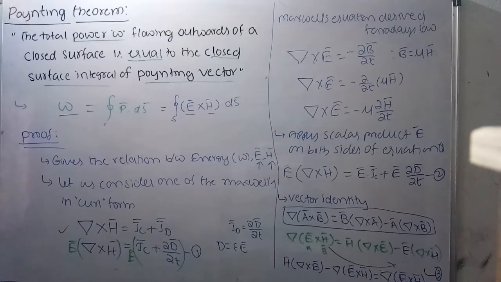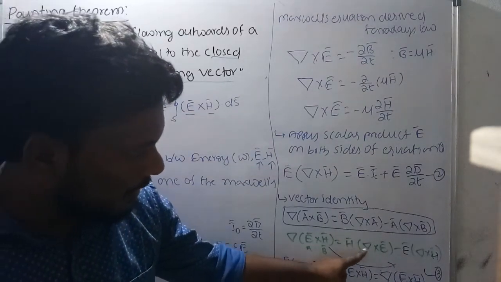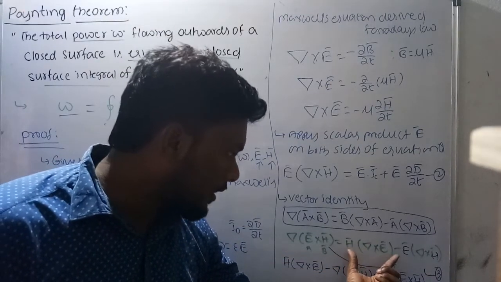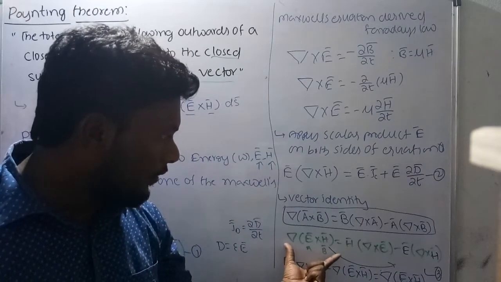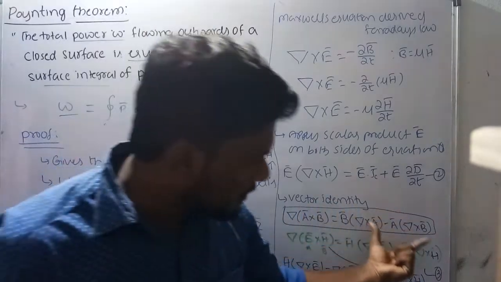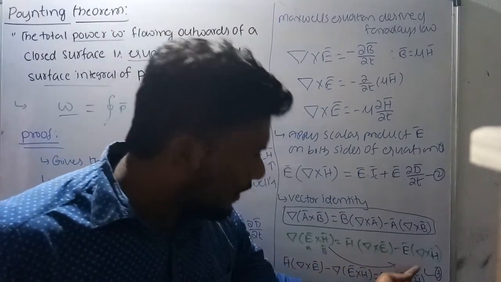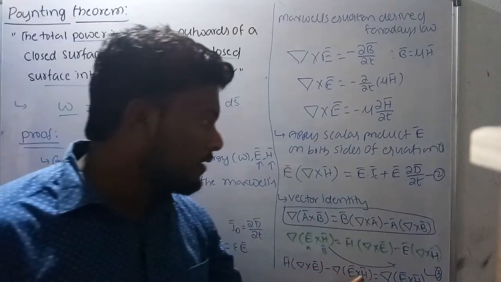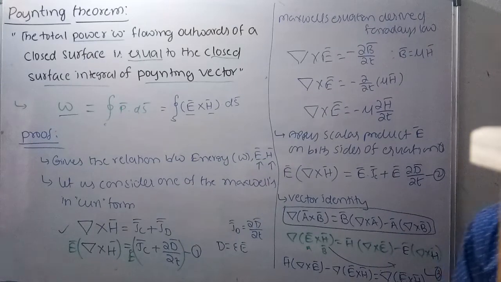See, what I did here is, this H bar is here, del cross E bar is here. I kept this term here only, and I changed my del of E bar cross H bar to this side, so that this plus becomes minus, and there is a E bar of del cross H bar that I bring to this side, so that your equation will be like this. And just consider it is equation number 4.